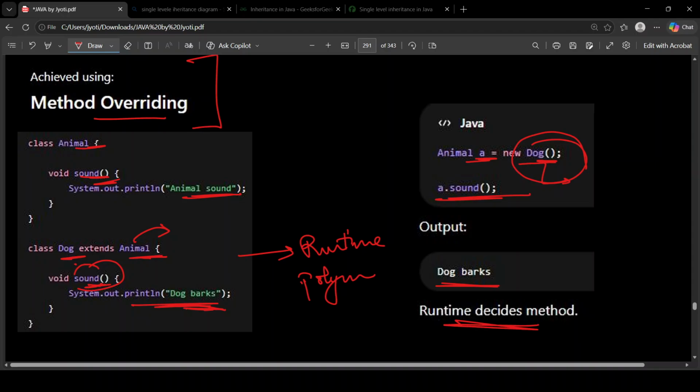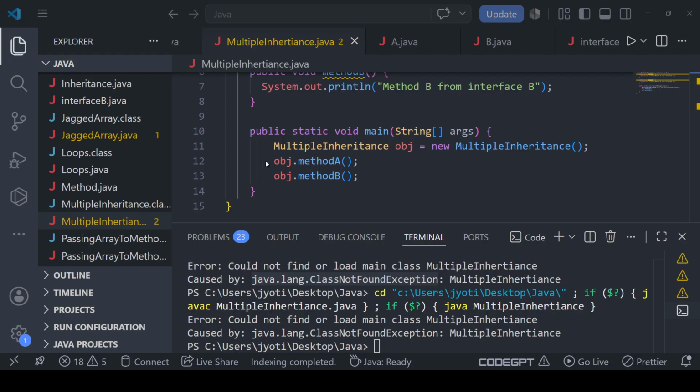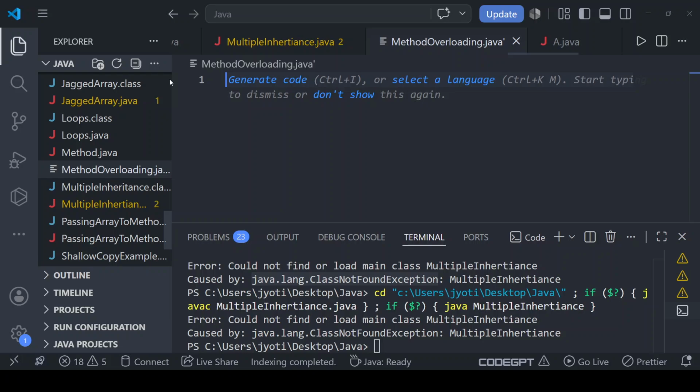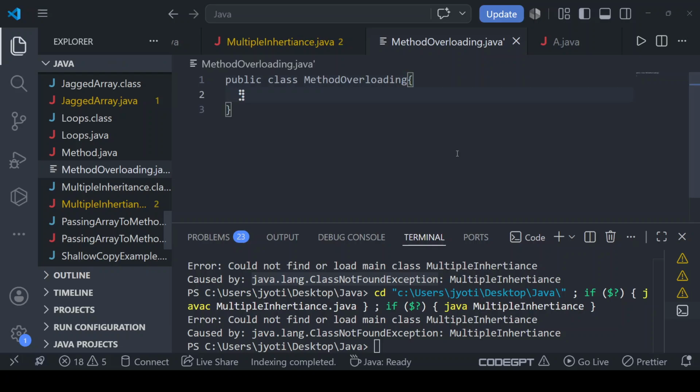I can give you the example of both method overloading and overriding. So let's see in our VS Code. I hope you can see my VS Code. We'll create a new file. We'll create a public class method overloading. Then we'll pass